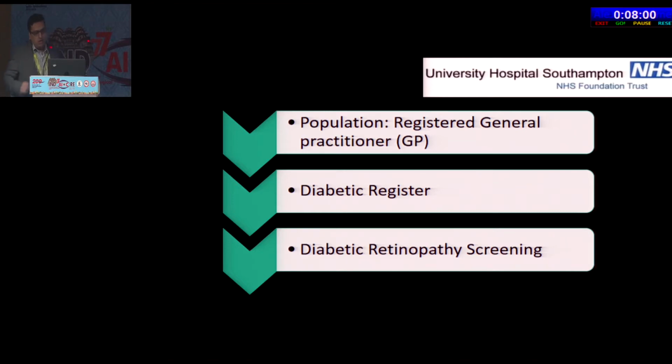So generally all the people who live in UK, they have a registered doctor, and as soon as a person is diagnosed with diabetes, there is a diabetic register which goes into it. And this diabetic register feeds into the diabetic screening program, which is called the NHS diabetic screening program, which gets updated every month. So from there on,